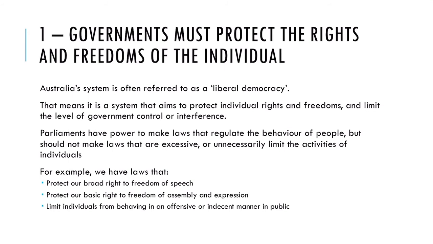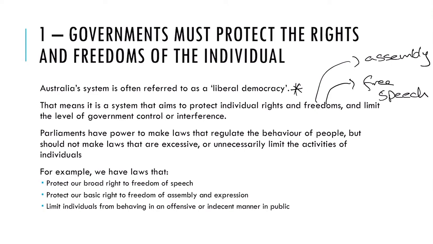First off, governments must protect the rights and freedoms of the individual. So like I mentioned, this is really about that concept of liberal democracy. So this system aims to protect individual rights and freedoms. And some of those freedoms might include free speech. Another thing that might be included is the right for assembly or to form different groups and political parties. Another freedom might be a freedom of movement, which we actually saw restricted during the COVID-19 pandemic, particularly with WA's